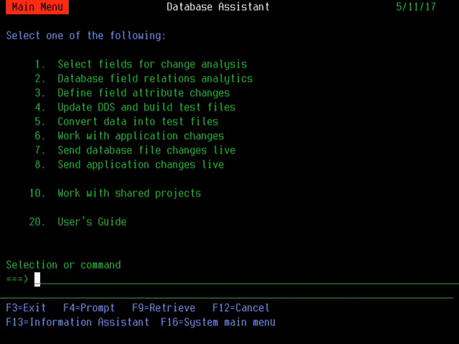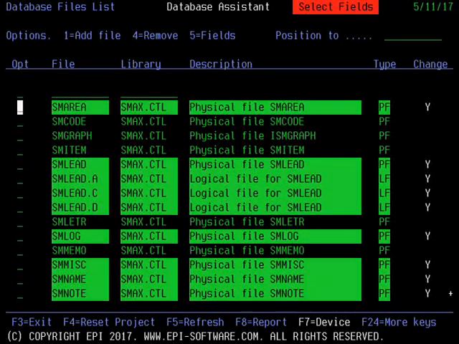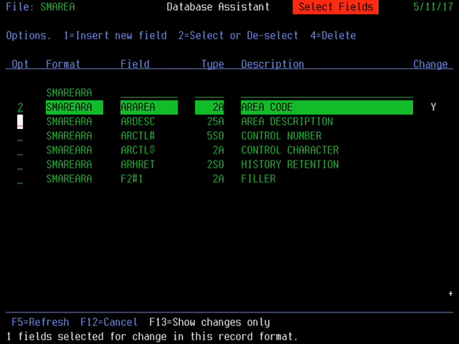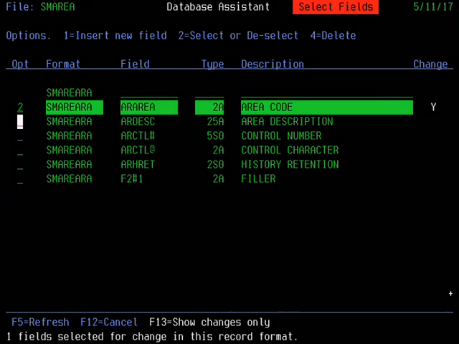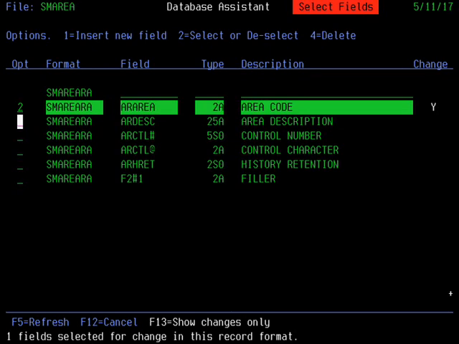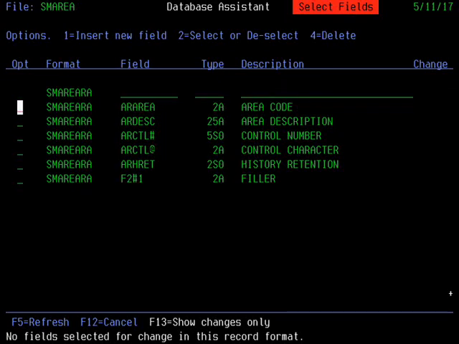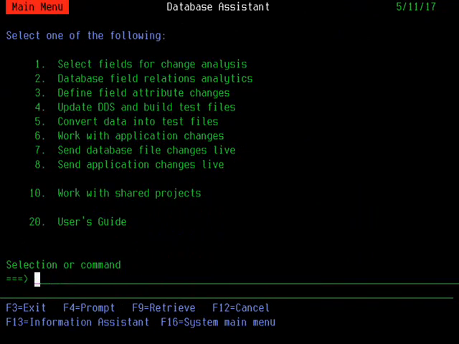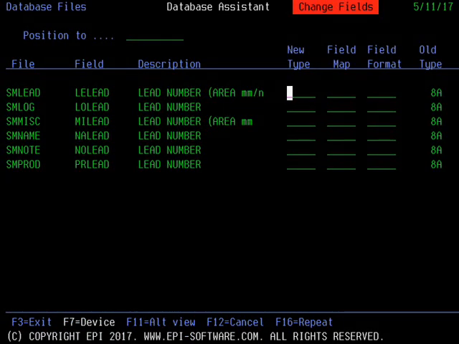The first field on that list, we don't really want it, so I'm going to go back into selection 1, and I'm going to turn it off, because I know it is part of the lead field, but we're not going to be expanding that. So I'll turn that off, and then I'll do an F12, and if we just go back to 3,